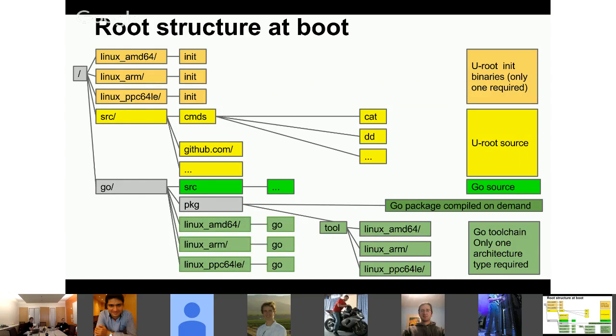And then finally, you've got to have some sort of toolchain. So there's a Go Linux AMD64 Go binary, which is sort of the builder. You can almost think of it as the make for Go. And then in Go package tool Linux AMD64, in that directory there would be binaries for the Linux AMD64 Go compiler and so on. And again, in the coreboot case, we only have one of those sorts of binaries. We've either got the Linux AMD64, Linux ARM, or whatever, and we limit it that way.